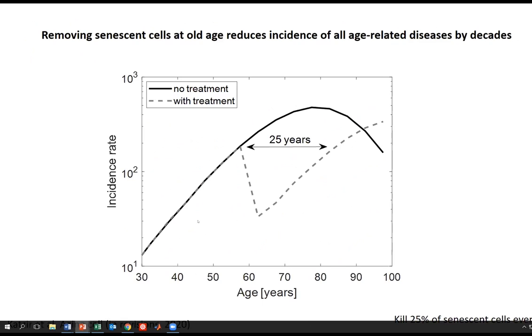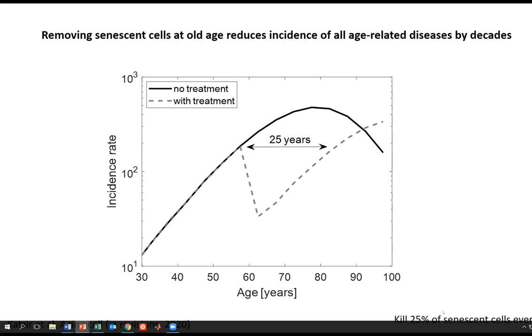And just to finally say that in the model, in silico, we can now ask what happens if you remove senescent cells, let's say with a drug like a senolytic or immunotherapy cell, CAR T cells that kill senescent cells, or maybe a diet that increases repair and therefore decreases the production of senescent cells. Any of these is predicted to, if you take an incidence of a disease, within quite a short time reduce the incidence, and you can get a decade shift in incidence.